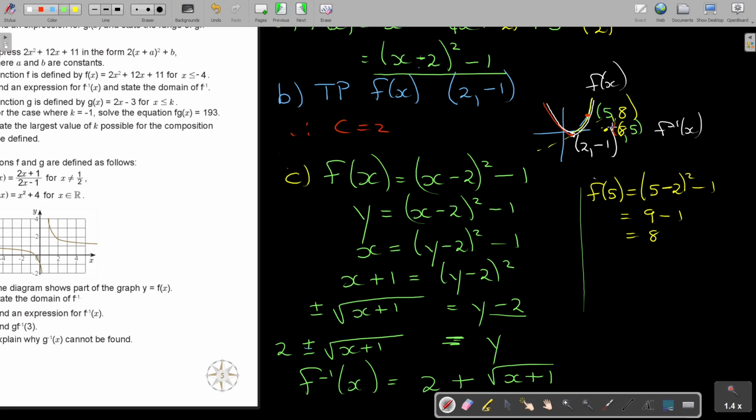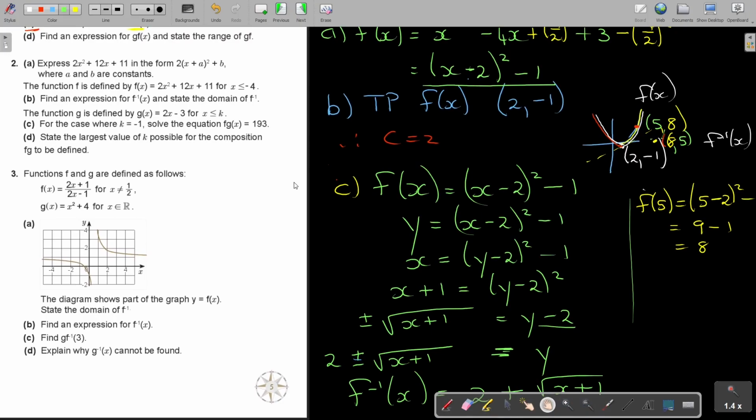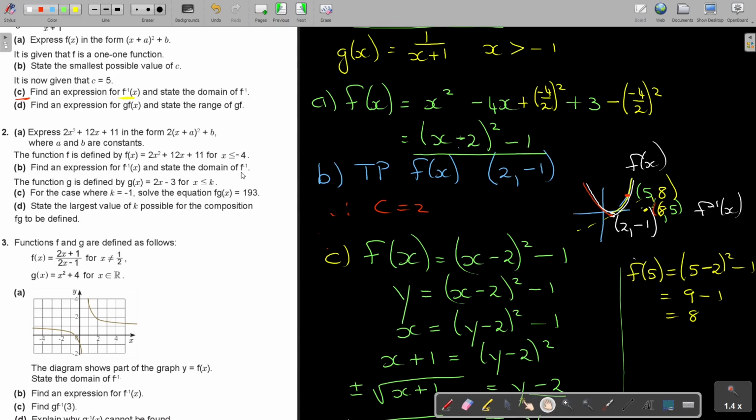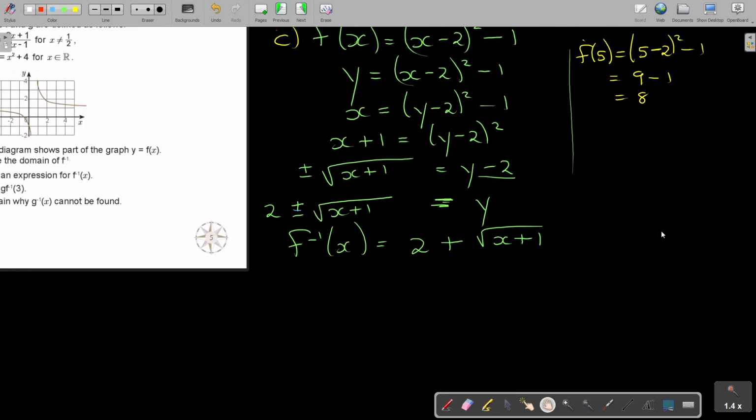If I'm going to ask you the range, now remember, let's just go to the question: state the domain. The domain is equal to that range. So I can just end by saying, therefore, the domain of f inverse of x is going to be x